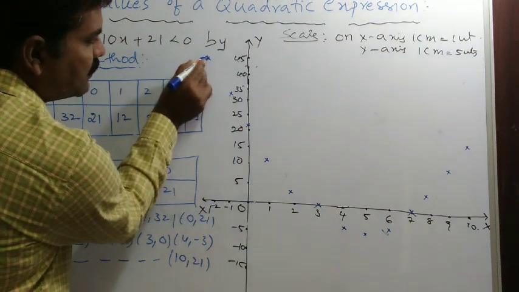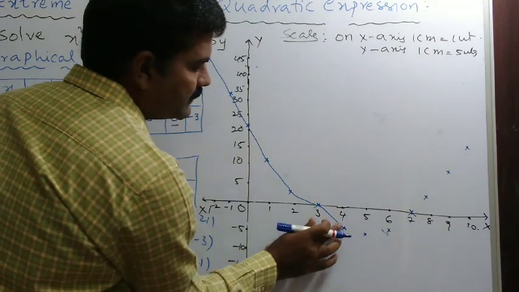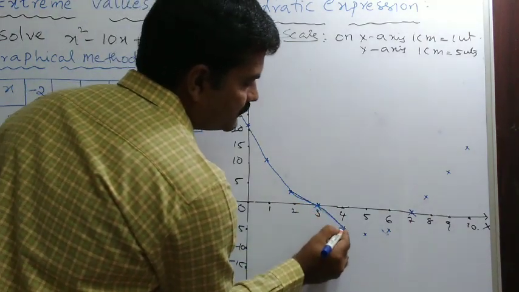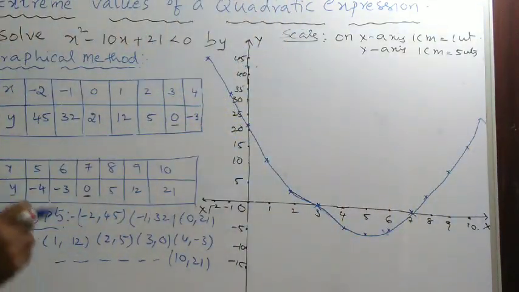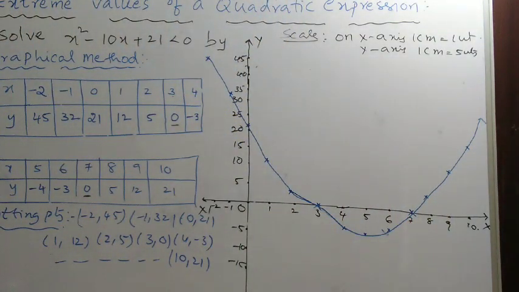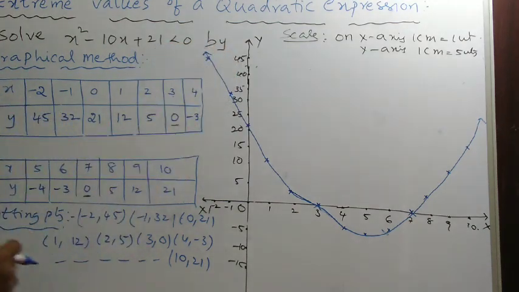Now if you join these plotting points, it's a handmade smooth curve. See, this is the shape of the curve. So clearly it is a U-shaped curve, I mean an upward parabola. We consider the shape an upward parabola. Now my dear, if you observe the graph, there are some interesting facts. We can learn many things from this graph.